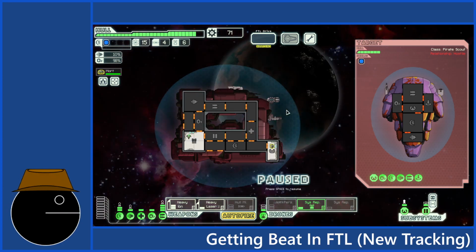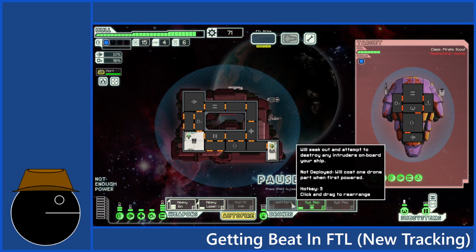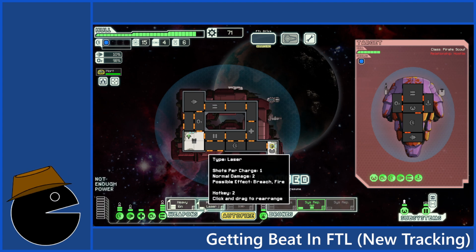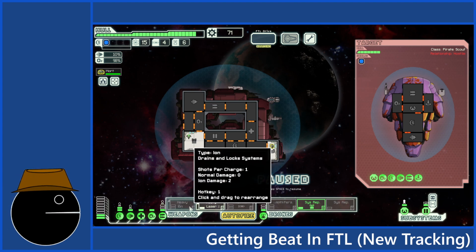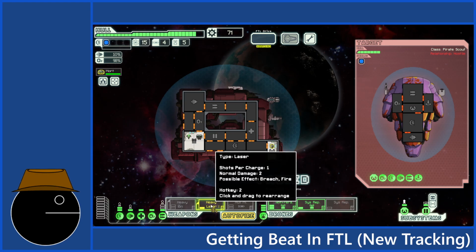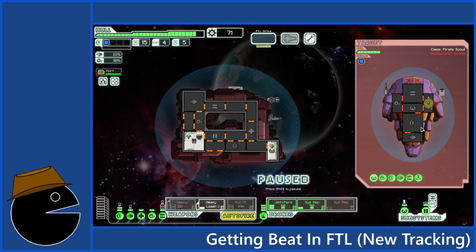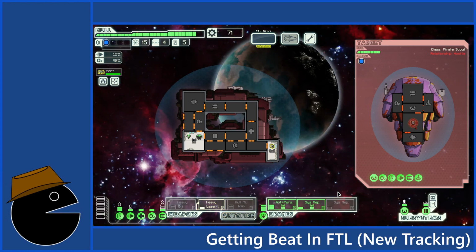Let's aid the ship. Alright. I need to launch the anti-personnel drone, which means I'm not going to be able to use my own, which is unfortunate. Other than that, I'm going to try to hit the shields with the laser.